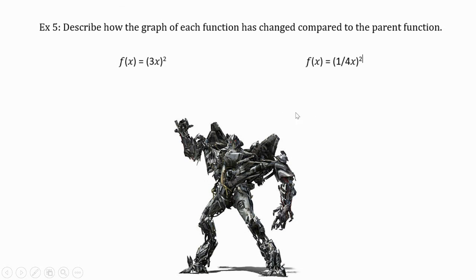Okay, now that you're back, so let's compare that. So this is on the inside, right? So this is a number that is bigger than 1. And so if this was on the outside, this would be a vertical stretch, right? Since it's on the inside, it's going to be a horizontal compression. Horizontal compression. And this one is a fraction that's on the inside. And so normally if it's on the outside, that would be a vertical